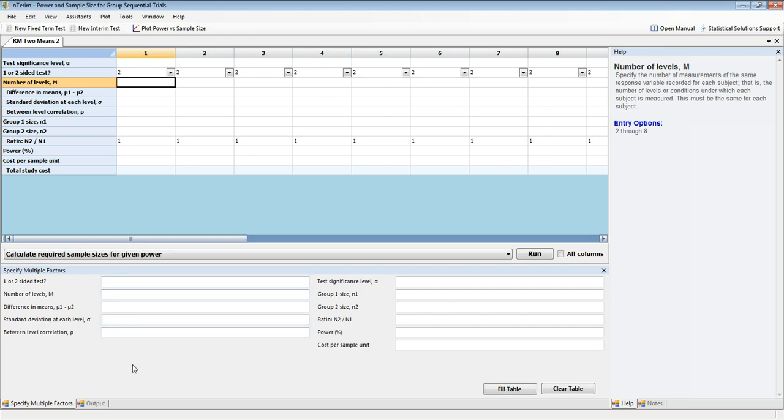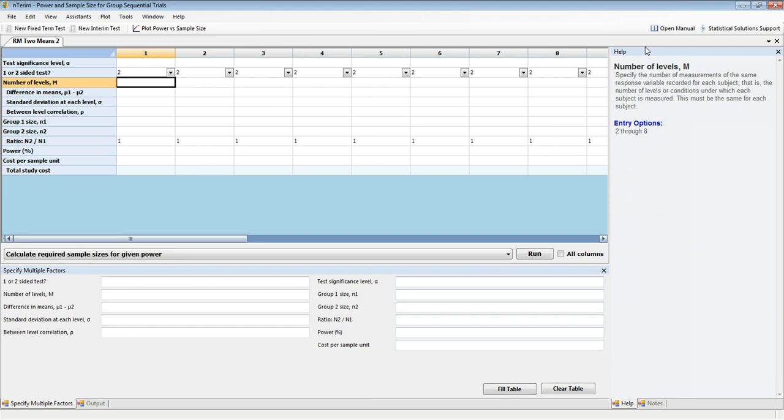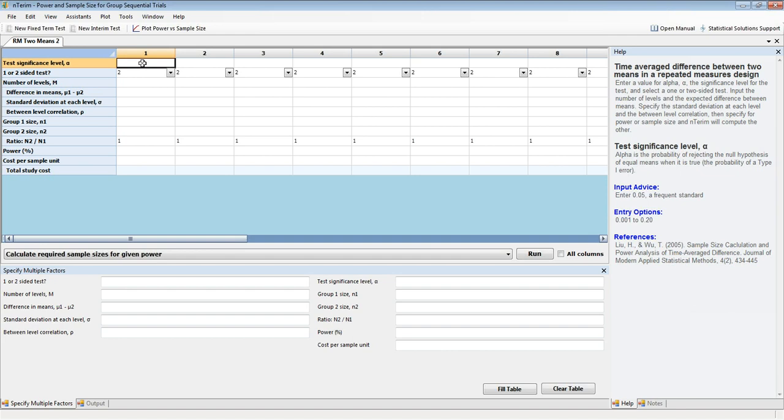What we've added here is the specify multiple factor table at the end. Again, note you can alternate between tabs on any section. The specify multi-factor table is particularly useful for sensitivity analysis. It helps you to update your table with a range of possible values or a range of scenarios that you would like to see in your test, and it does this very quickly and very easily. If you were to enter values, you can enter them as before, just entering the parameters in the spreadsheet as you would normally, or you can enter them here in the specify multiple factor table, which I'll do now.